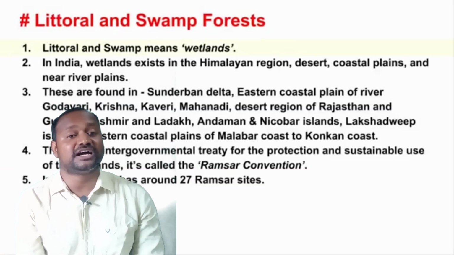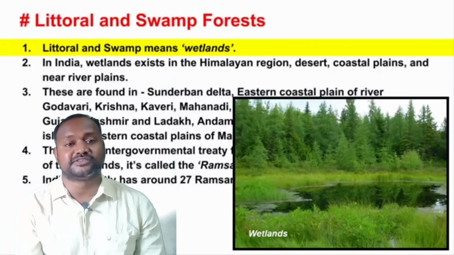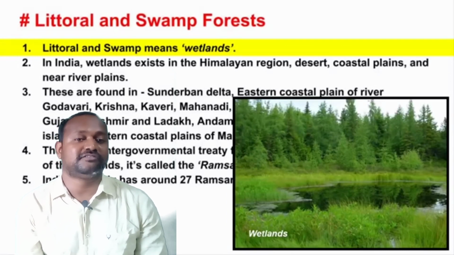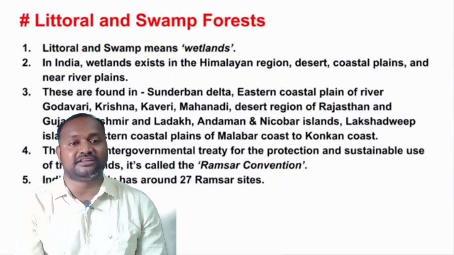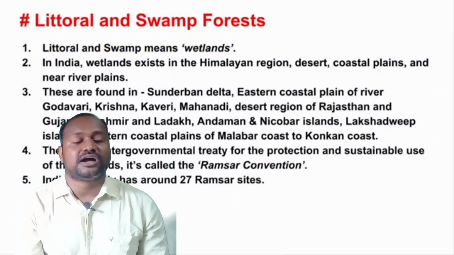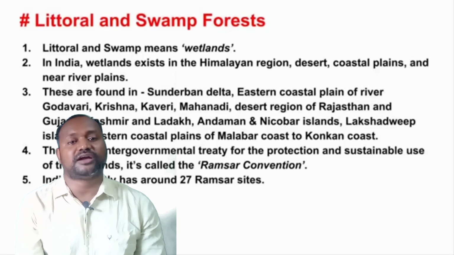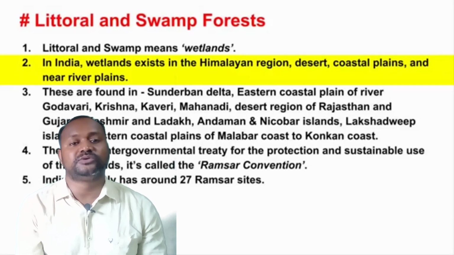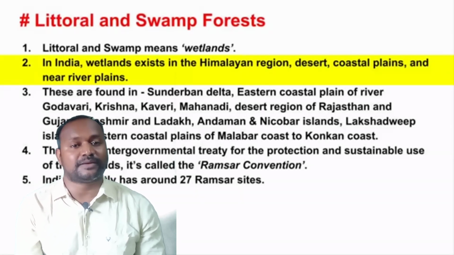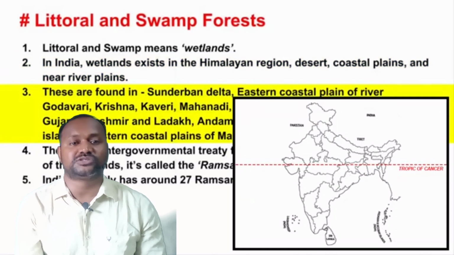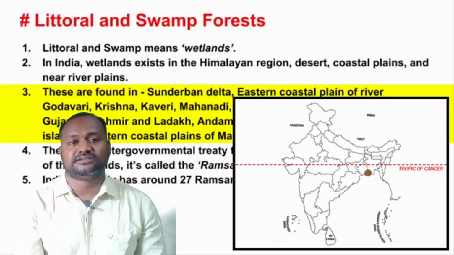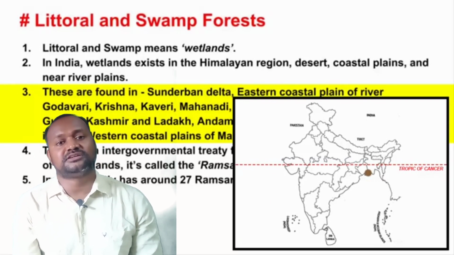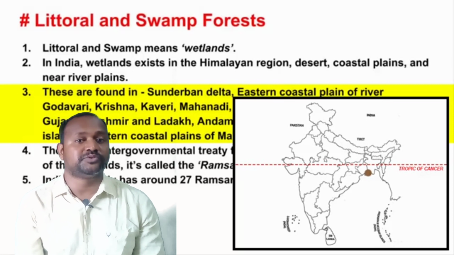As we know, India has a lot of rivers, and in many regions, mostly in the river mouth region, we have the tidal and mangrove forest. As you know, tidal and mangrove forests are mostly well grown in the tidal region or the swamps region, mostly in the deltaic region. So it is found in the delta of Krishna, Godavari, Kaveri. It is found in the delta of Ganga, Brahmaputra.